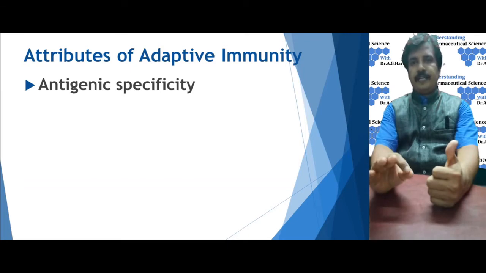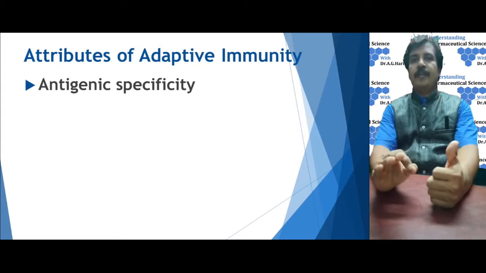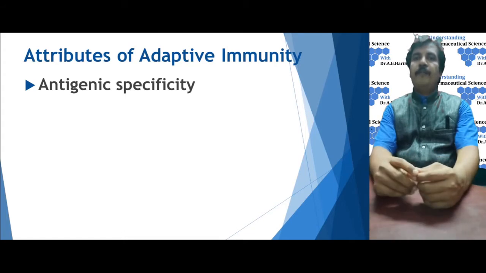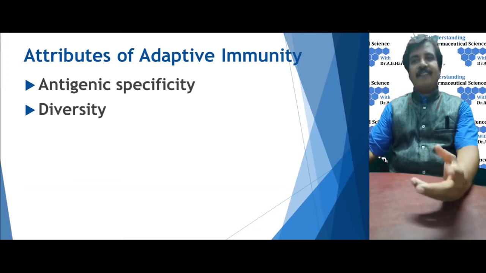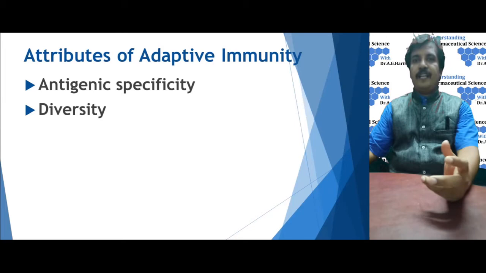That means it recognizes the antigen by its surface protein sequence. That protein is nothing but a polymer of amino acids. It specifically identifies the particular sequence, and against that it produces the antibody. Even a single change in an amino acid of this epitope will produce a different variety of antibody. So the second is diversity. Since it can specifically recognize each and every antigen with a difference of a single amino acid,